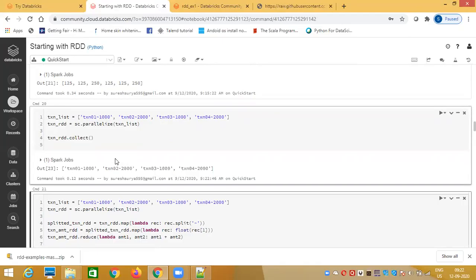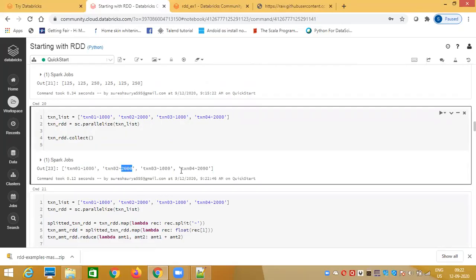The first job is to find these numbers, like 1000, 2000, 1000, 2000, and then find the sum. For that, first I need to convert each of these records into a list of subfields, transaction ID and transaction amount. Let me write the pseudocode with a hash symbol. First, I read an RDD of transactions.